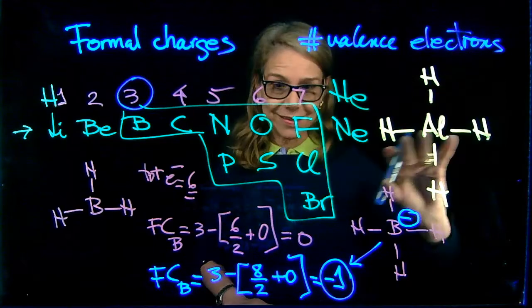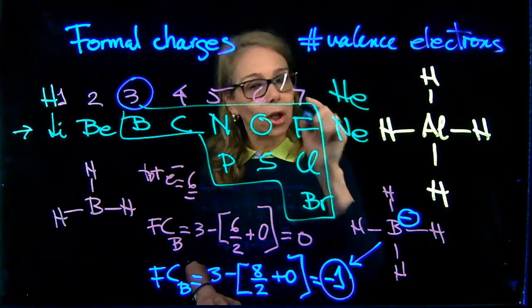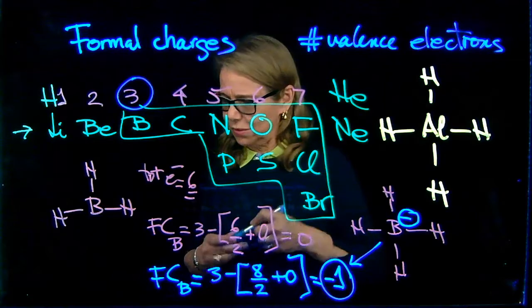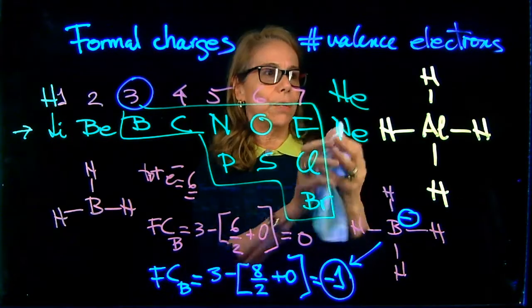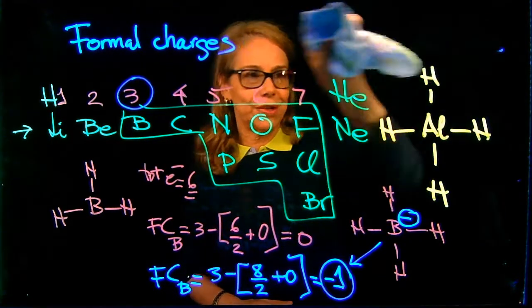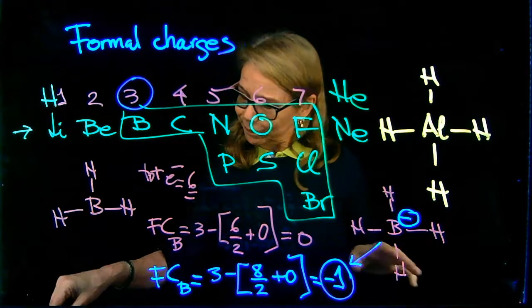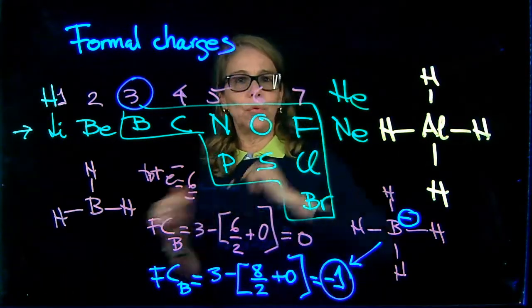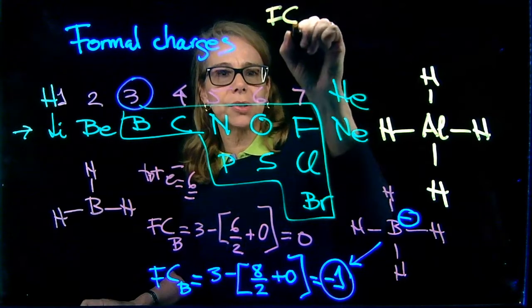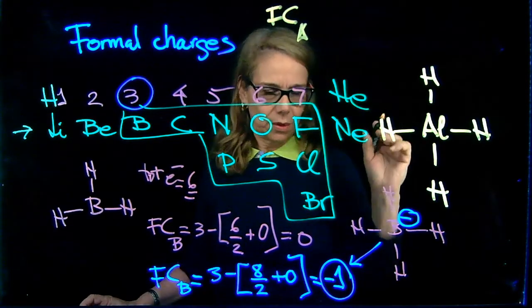Similar to that is this compound. Aluminum also has 3 valence electrons. So let's do our bookkeeping of electrons here. So similar to boron, I'm going to do formal charge of